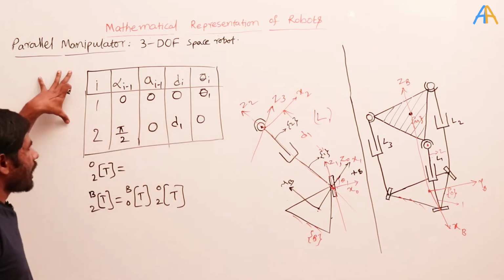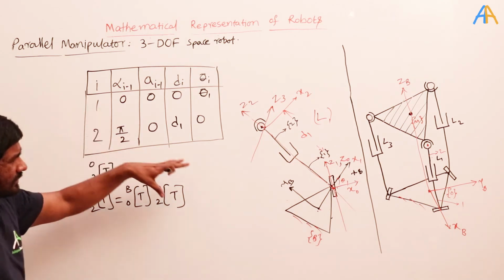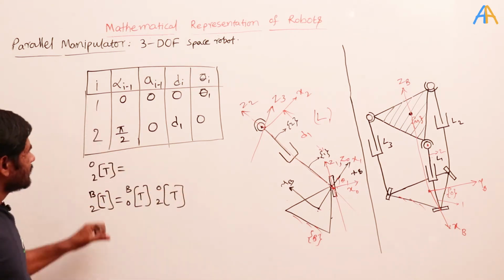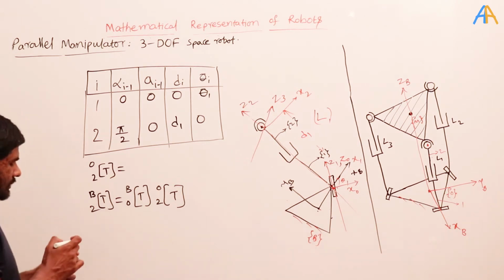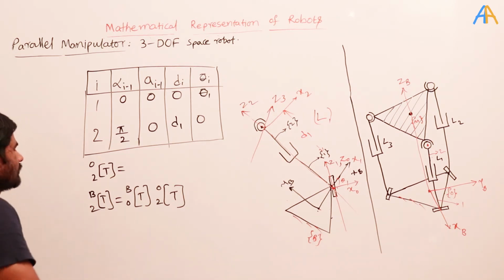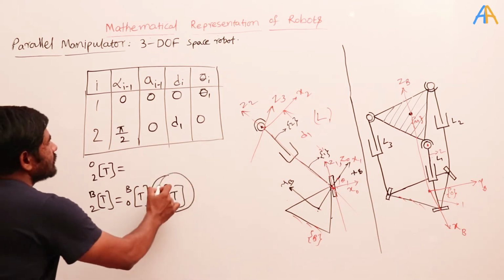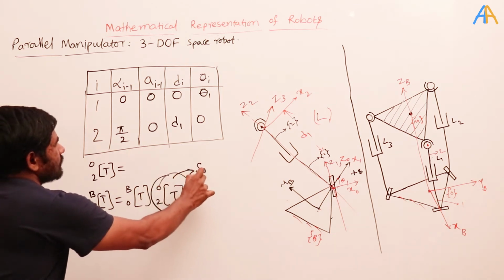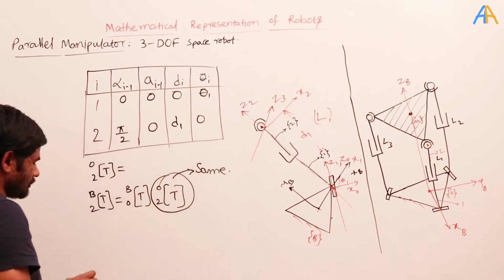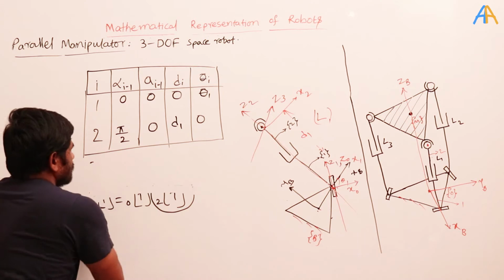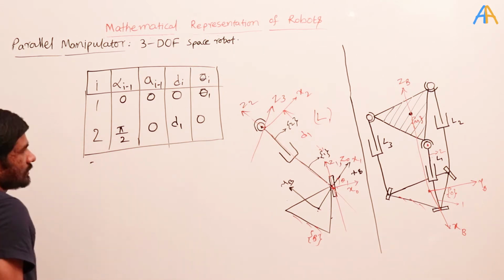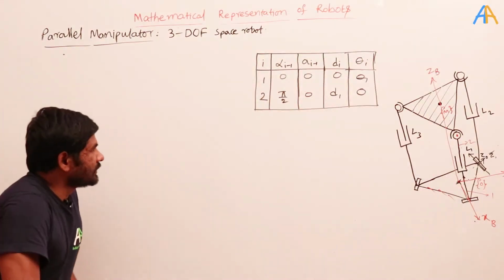Okay, so for all the links we will get the same DH parameters. Here in that case, what is the meaning of this? This particular matrix is the same for all the links. Since it is the same for all the links, I will first find out that particular matrix. So first we need to find out the